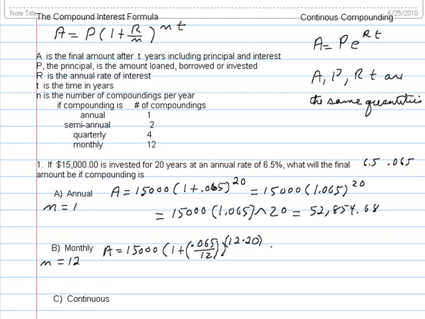So this is what we really want to put in our calculator, and when you put it in the calculator, it's going to look like this. 15,000 times 1 plus open 0.065 over 12 close. Close again to the power, open, 12 times 20, close. And you need all of those brackets to get the right answer. If you put that in your calculator and press enter, you get